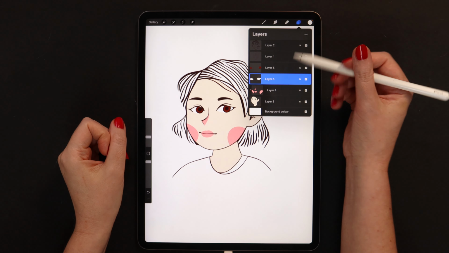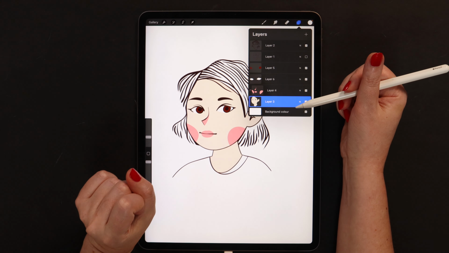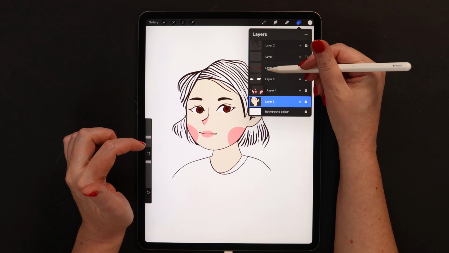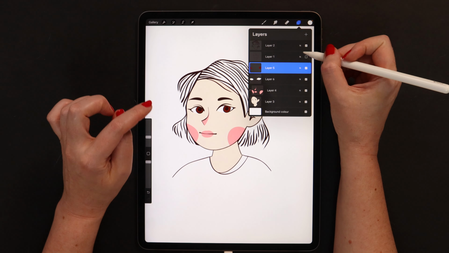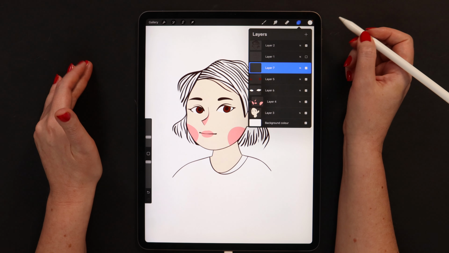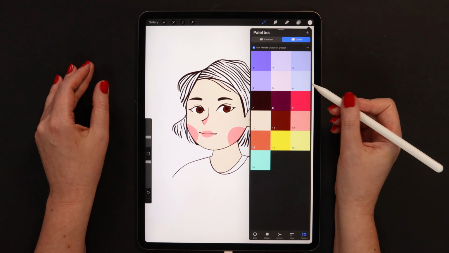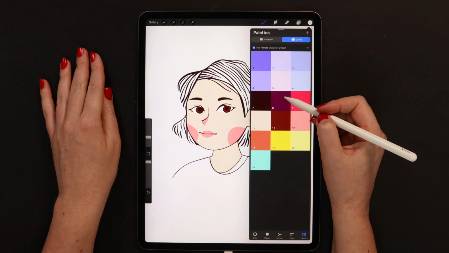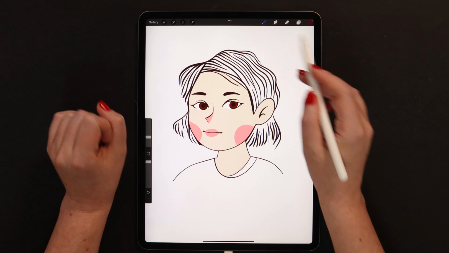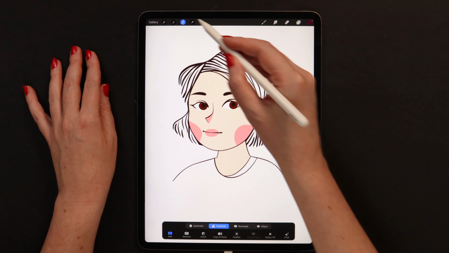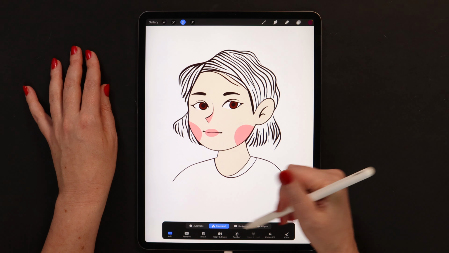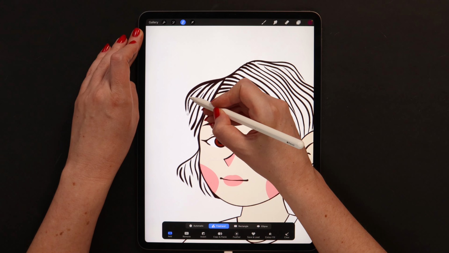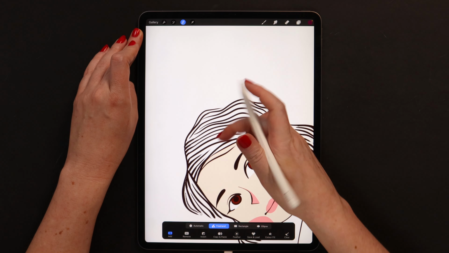I want to add it on another layer that we can try to place above this one, or actually above all the layers for the face. Then I will select base color for the hair. It will be number 8. Here we can use selection. Just pick freehand and start outlining it like this. From this point,